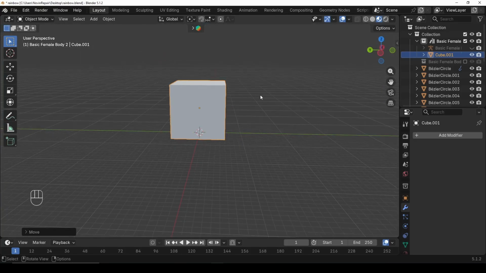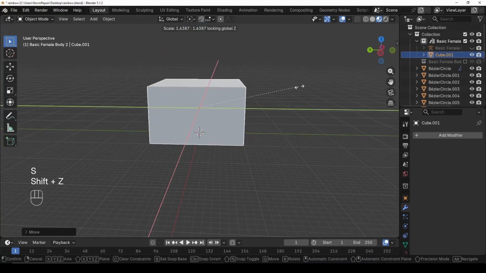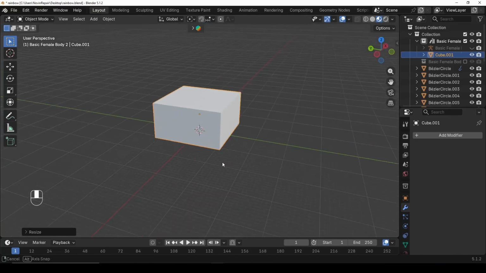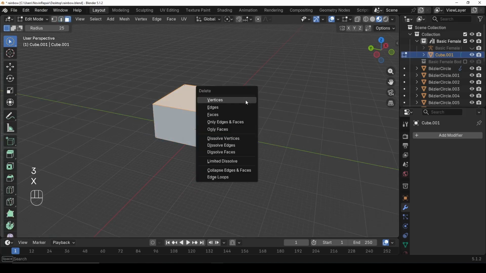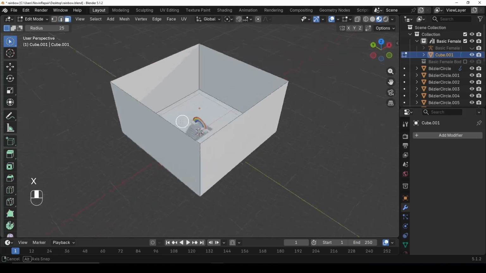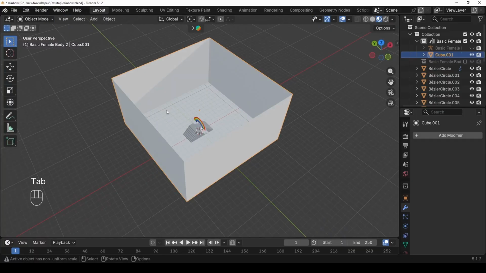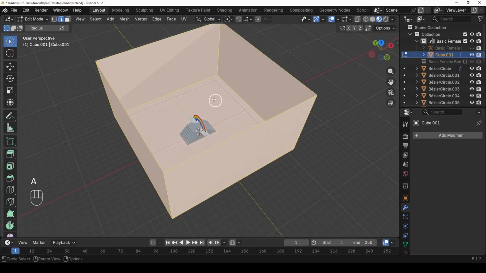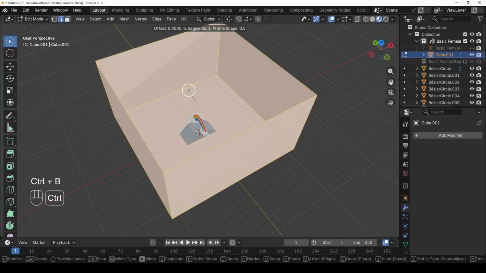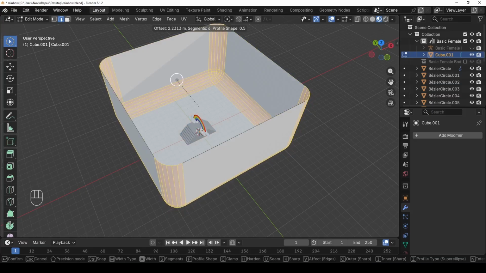Maybe a little bigger, S Shift Z to make it bigger, but not in Z axis. Now I go inside edit mode and I select this face and I remove it. Alright, now I want to apply all transforms, and then inside edit mode I'm going to select all the edges and then Ctrl B to give it some bevels like that,